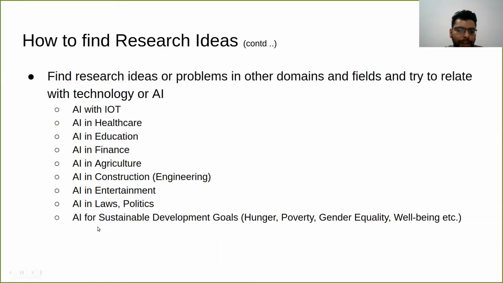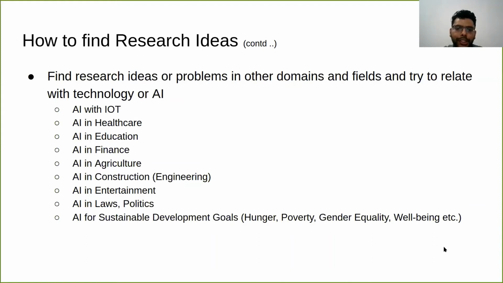It's also better if we can find a specific sustainable goal for your research idea. Suppose it solves the hunger problem, or the poverty problem, or helps in eliminating gender discrimination, or helps in the well-being of people.